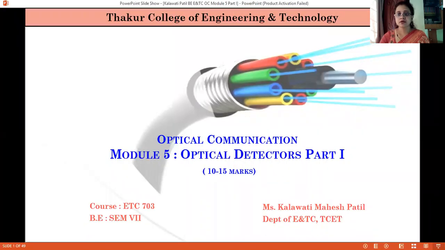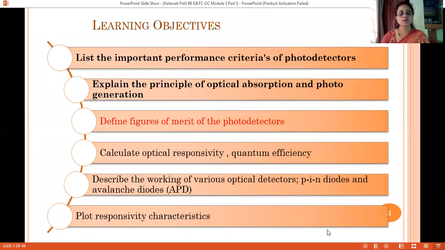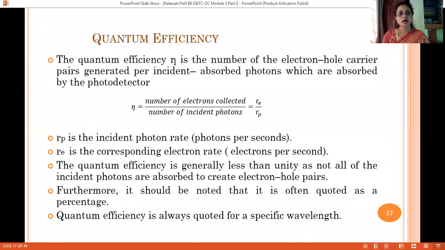If you recall, in the previous lecture we almost finished the understanding of the selection criteria of the photodetectors, the operating principle, and the optical absorption and corresponding optical generation that takes place in a photodetector. I remember we had just started defining the different performance parameters for the detectors, and I had done up to the definition of responsivity.